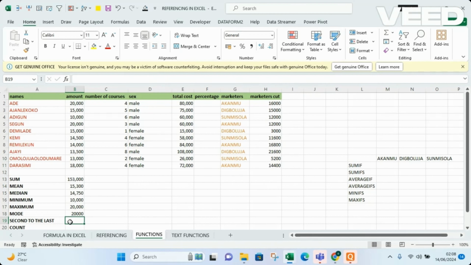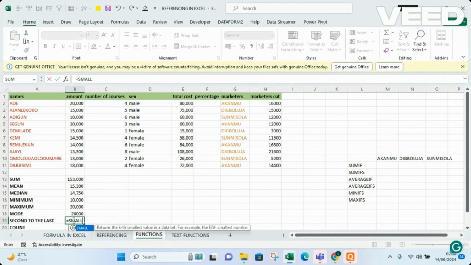So we want to look at a position. The array is what we are looking at, like this, and then this k is representing what position. So we are looking at